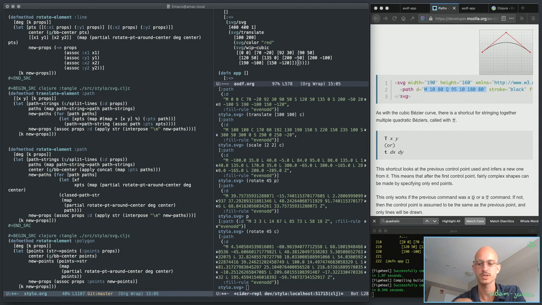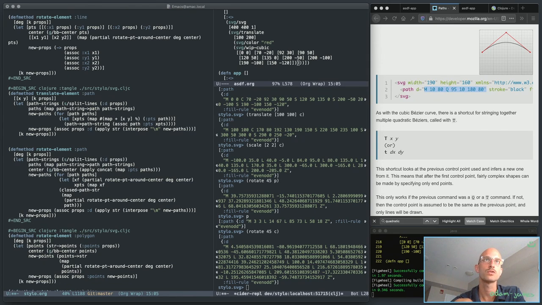Transform function is this. Map xf over points of path, like that. Yeah, and then this